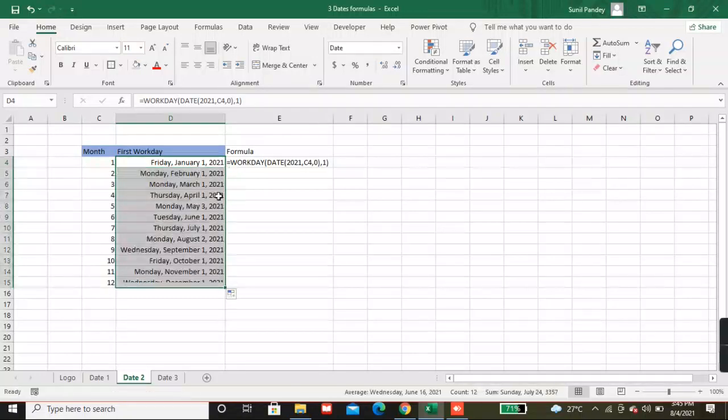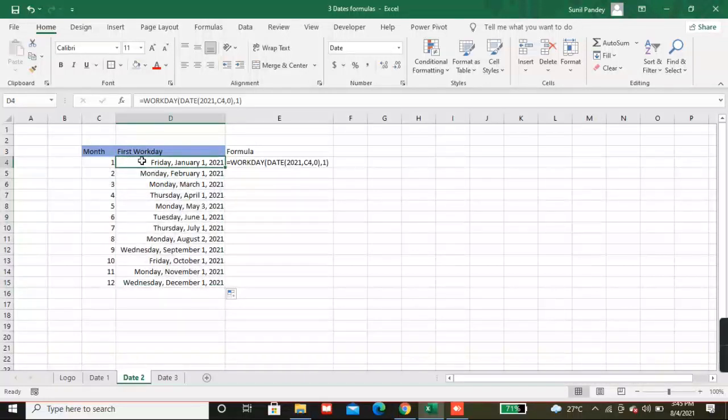So this is the first working day for the month: Friday, Monday, Monday, Thursday, like this. Okay, so this is a very useful formula to find out the first working day for the month.